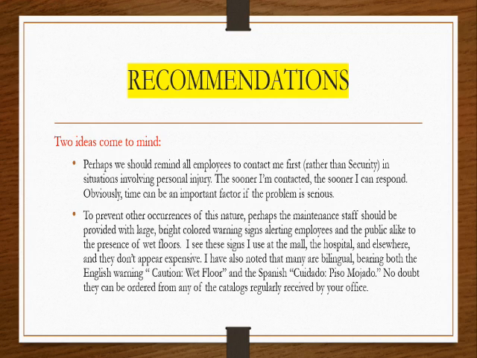Recommendations. Two ideas come to mind. Perhaps we should remind all employees to contact me first rather than security in situations involving personal injury. The sooner I'm contacted, the sooner I can respond. Obviously, time can be an important factor if the problem is serious. To prevent other occurrences of this nature,